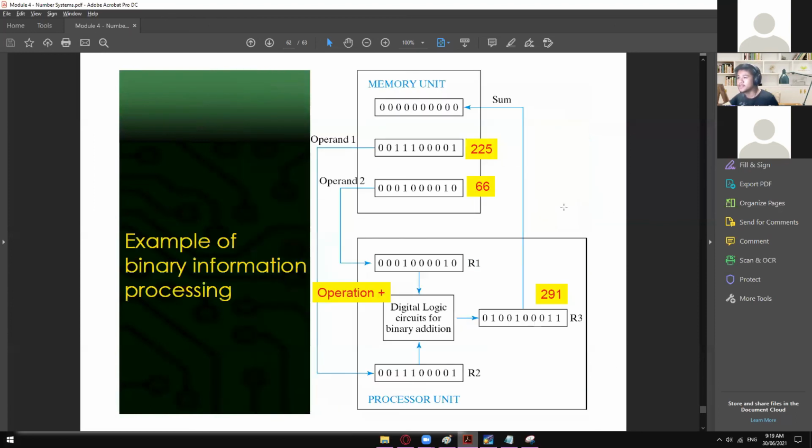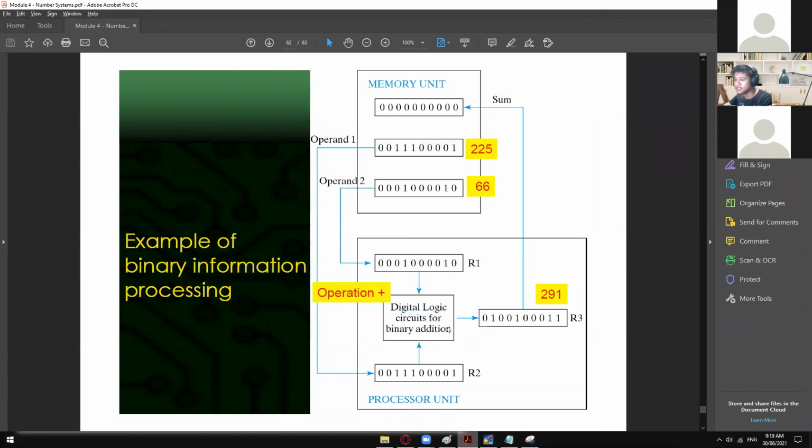And then here's a more realistic example. If you want to add operand 1 and operand 2, basically we type 225. What did we use in here? Addition. So we type 225 plus 66. Of course it will be converted first into binary. And then this is now the operand, or operation. So this one will go first right here, and then it will be added by this digital logic circuits